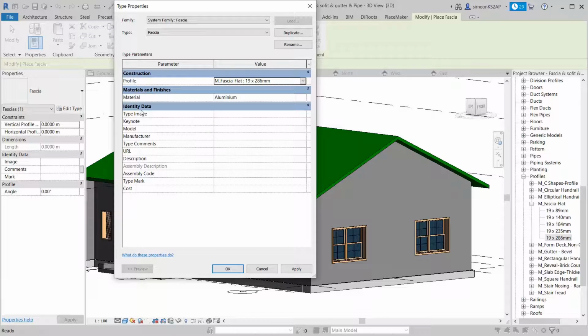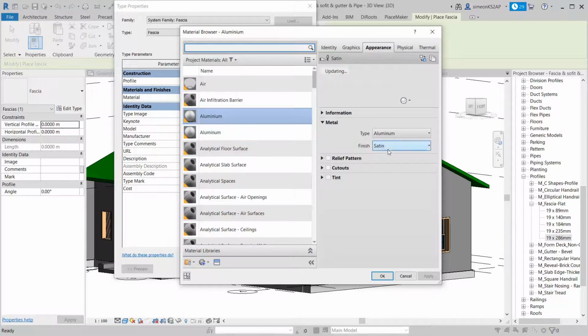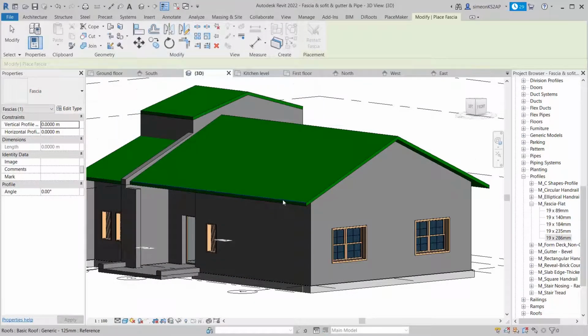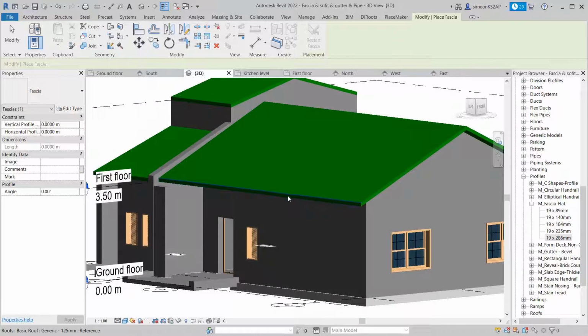I will check the material and make sure it's aluminum white. Okay, that's perfect. And I click OK, and then OK once again,